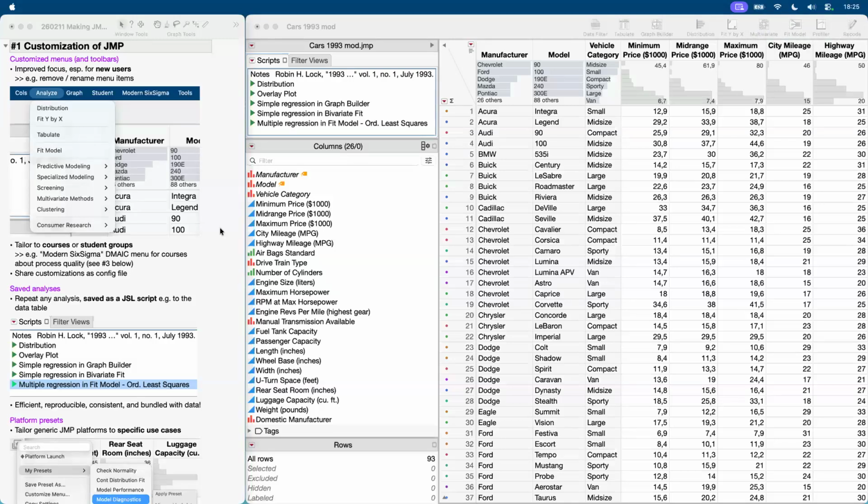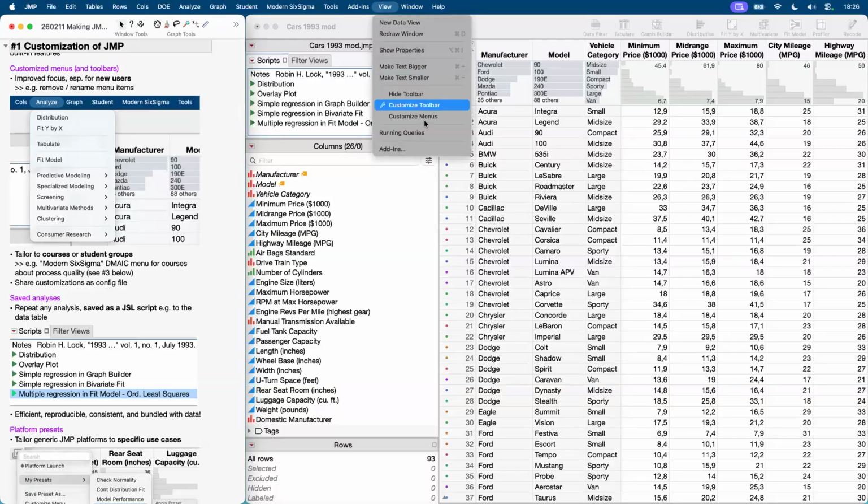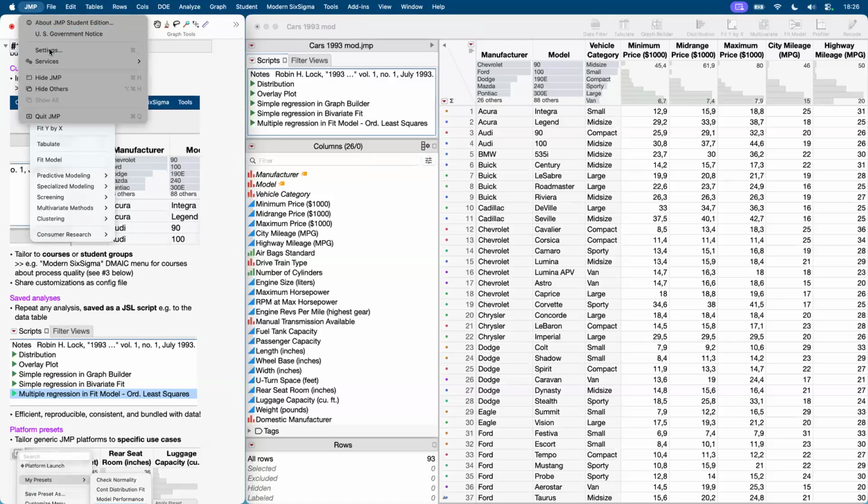Yeah, thank you, Ko, for mentioning these examples. I don't want to go into details again and just give some pointers where you can find these customization and also packaging options in JMP. So for customizing menus, you can go both ways. You can simplify menus and reduce complexity, either by customizing the menus, also the toolbars, or in the